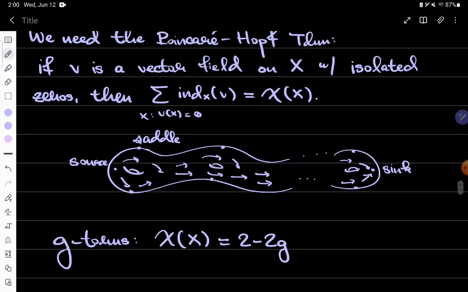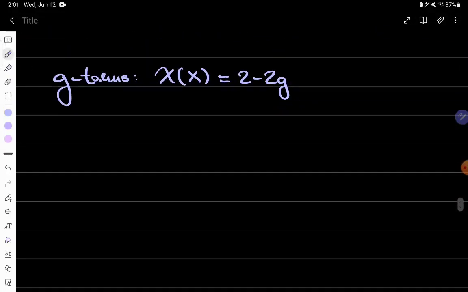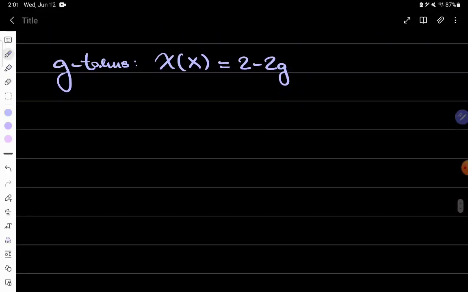And index of vector fields, this is a sum over local invariants, and then we have this global thing, which is the Euler characteristic. There are fairly sophisticated ways to view this. Like you view a vector field as a section of the tangent bundle, and then you're looking at the Euler class of this tangent bundle, and you evaluate this on the fundamental class of your manifolds, and so on and so forth. But I won't talk about the very highbrow perspective here, even though there's some nice resources which I might link. Okay, so now we have established Poincare-Hopf, which is this local global principle for vector fields, and we can prove the Gauss-Bonnet theorem. So proof of Gauss-Bonnet.